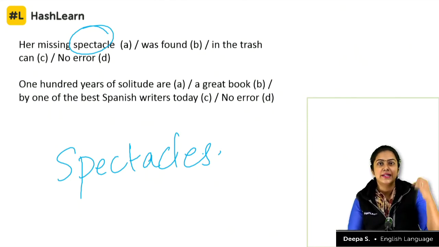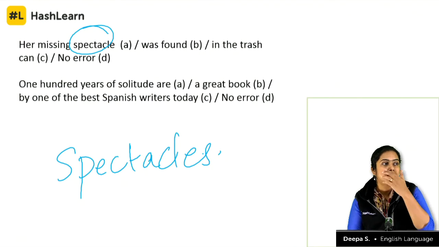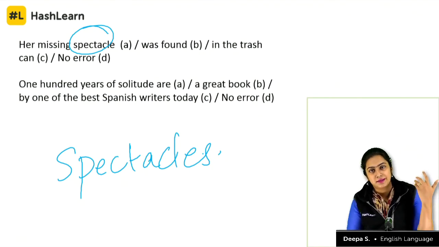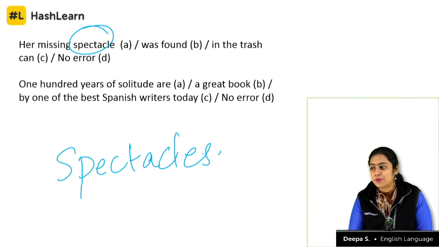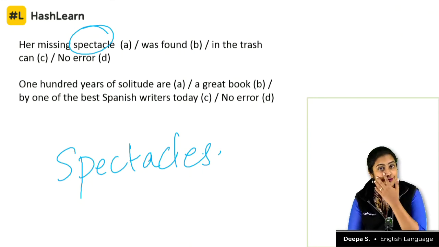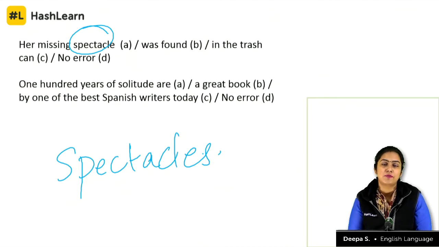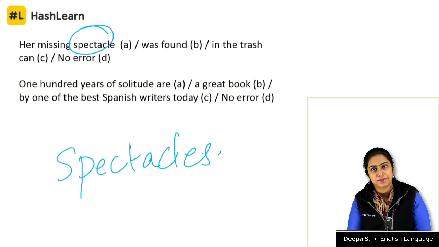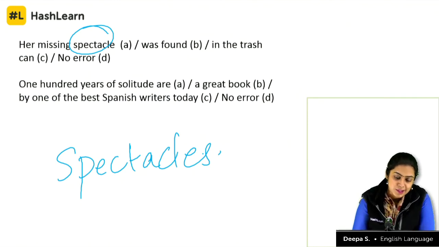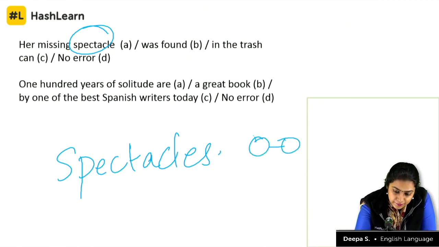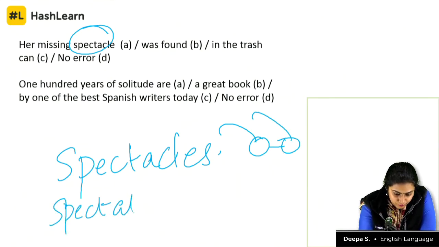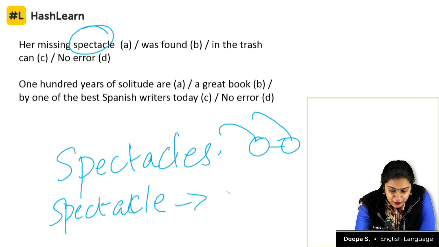But when you talk about a spectacle, you're talking about a view, a sight. The view from atop the hill was a spectacle. It was a weird spectacle to see the holy man being dragged across streets after allegations of misconduct came into the picture. Okay, so this spectacle, you're talking about view or sight.